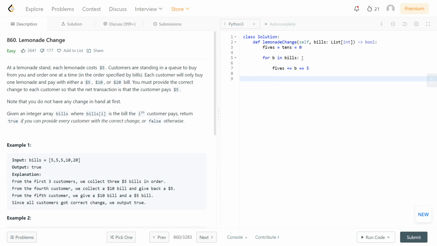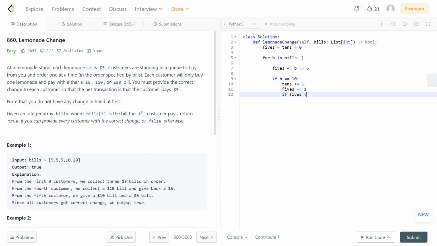Next thing is to check if we need to return change, and that happens if we get $10 or $20. So if b is equal to 10, we can only return $5 in this case. So we increase tens by 1 and we decrease fives by 1,